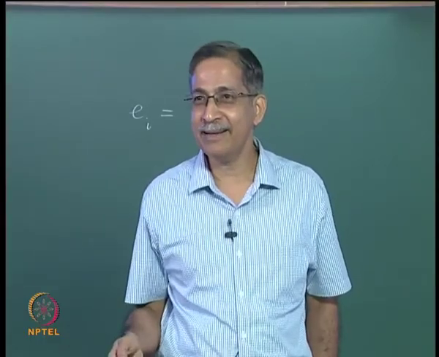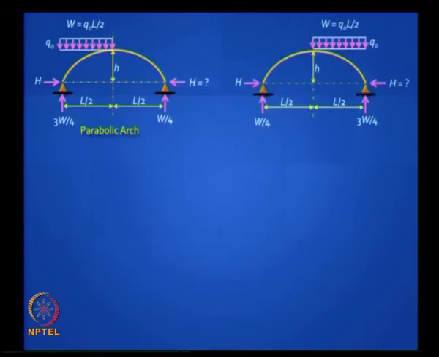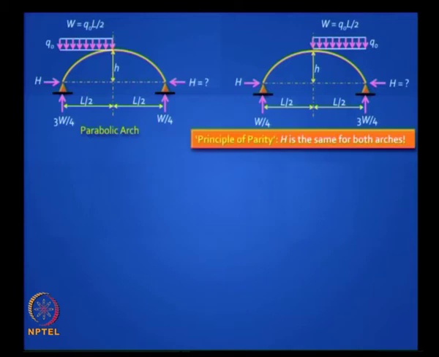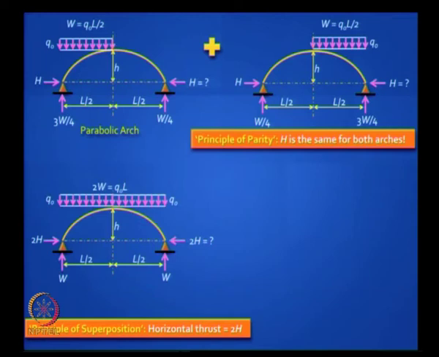Yeah, you load the other half. The question is we don't know h, so you load the other half, and when you add these two you end up with a funicular arch whose horizontal reaction is known. What is the value? It's q naught L squared by 8h. And how do you get the horizontal thrust in any one of these arches? It will be equal to half that value. So when you put them all together you get 2h, and you can easily work this out.